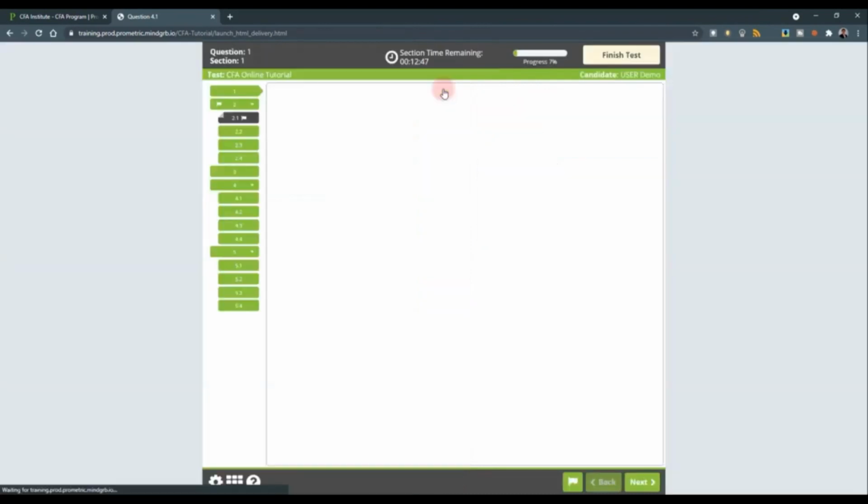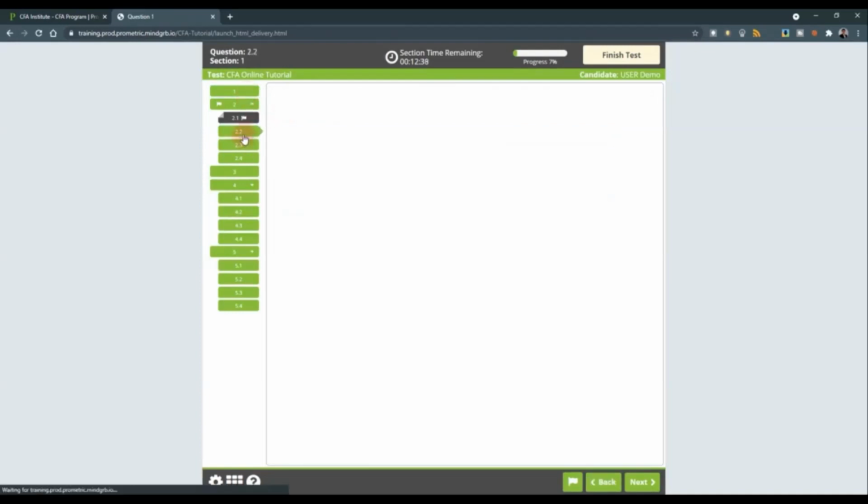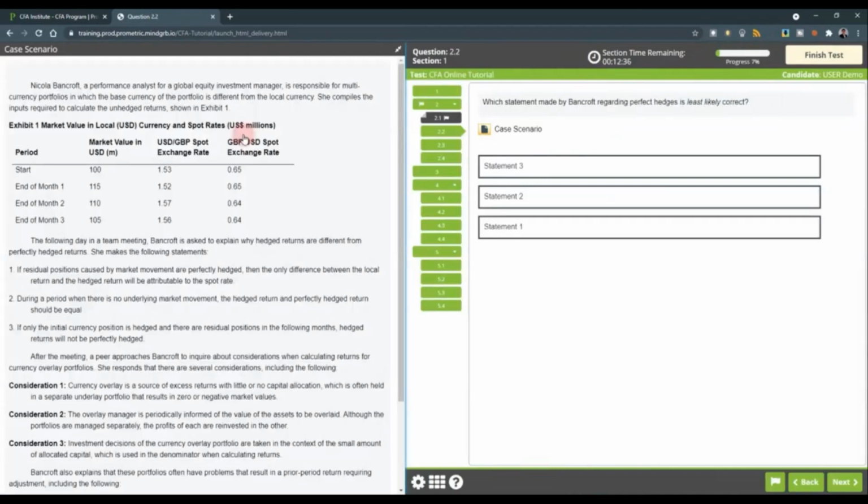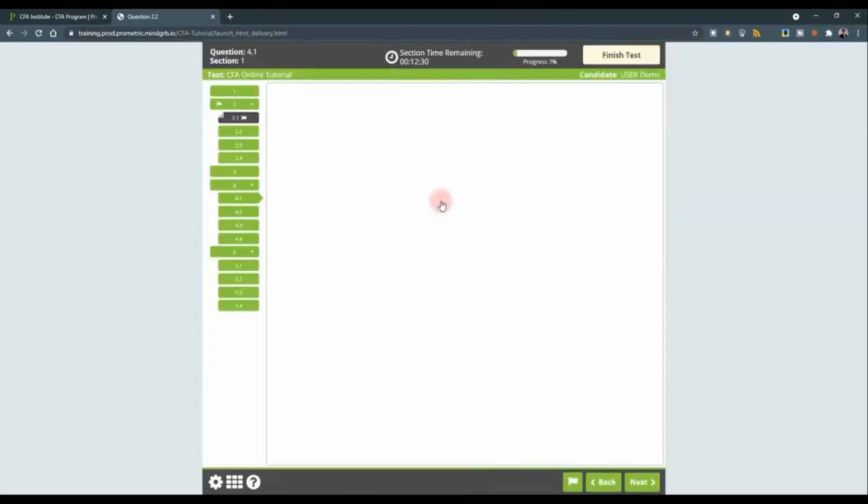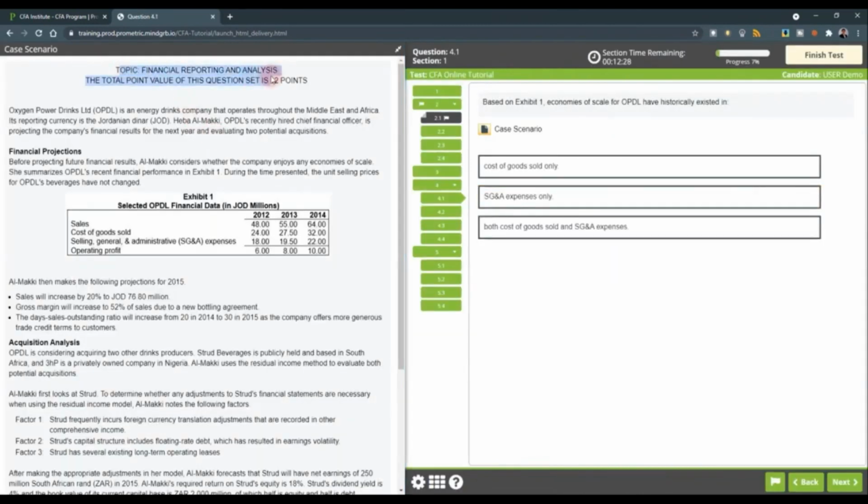Of course, usually in the paper-based exam, on the first page or the second page, there will be a listing of all the topics in that particular session. I'm not sure if that will be the same for the computer-based testing, but that remains to be seen for the coming May exam. But as of now, you can scroll to each question and see if this is a topic that you are confident with. If not, then you can skip.